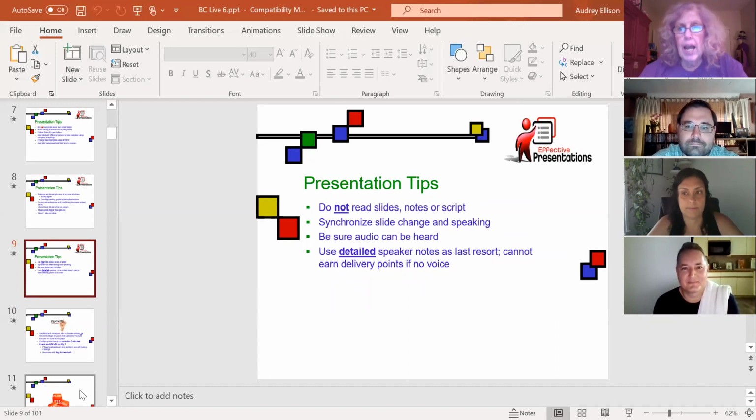If you are adding the voiceover to these slides individually, which I showed you how to do, it's the insert and then the voice or the little microphone looking thing or speaker looking thing. Make sure you're synchronizing your changing of the slides and your voice. Even if you are doing it in Zoom or MP4, make sure that your voice is synchronizing with what's on